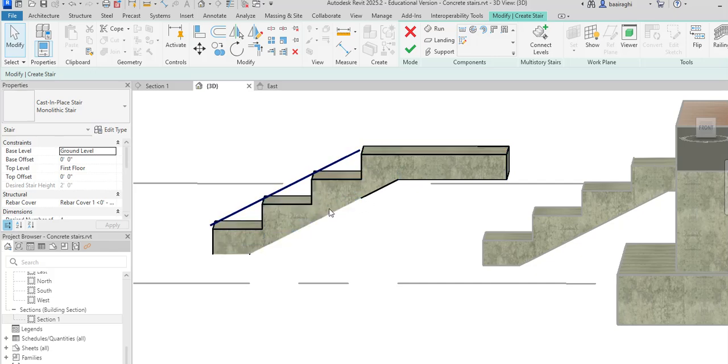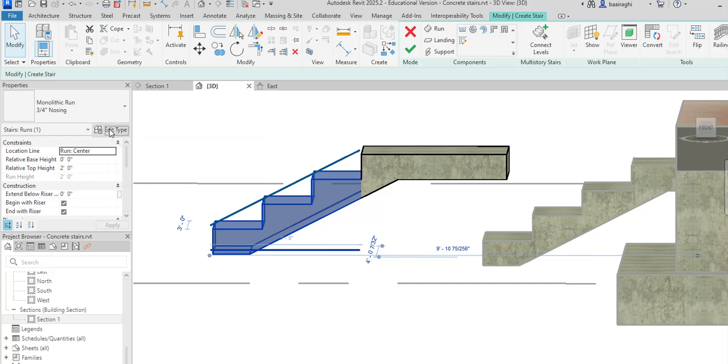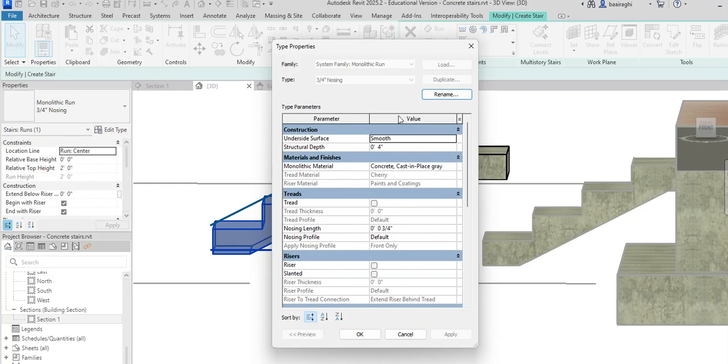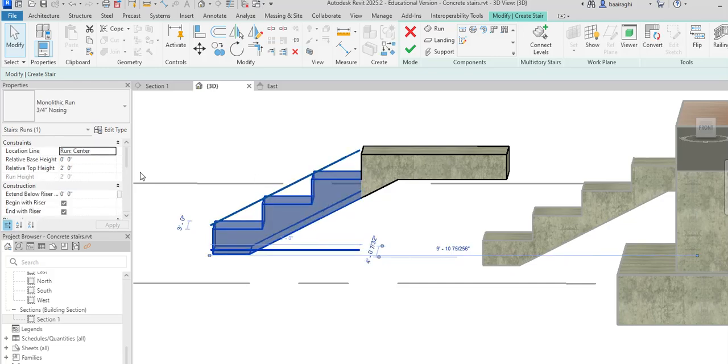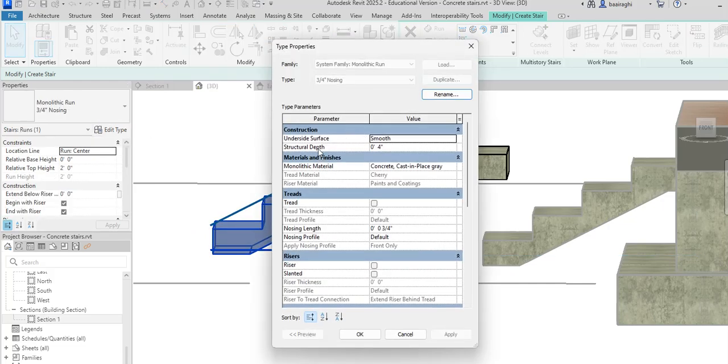It matches this shape. But what I want to do, and sometimes if you come in, this is a really fat area, this angled space. So I'm going to show you a cool little trick. We're going to take this, and we're going to go to Edit Type, and we're going to go down to where it says, let's see here. Did I say Edit Type? Edit Type, and what we're looking for is our